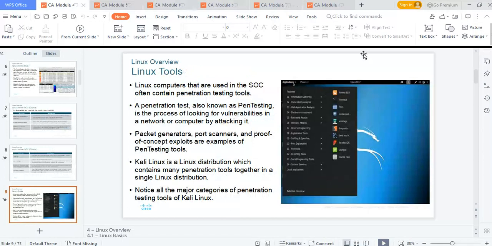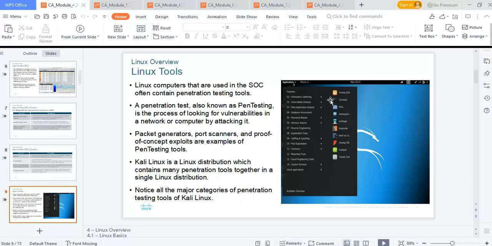Now, this is what the Kali Linux environment looks like. We're going to do a separate video to try to demonstrate this. You have about 14 sections. This is what Kali Linux 2020 looks like. Yes, this should be the 2020 environment. You have the tools in different categories. You have information gathering. If you go to information gathering, you see things like Nmap, Maltego. If you go to vulnerability assessment, you see things like